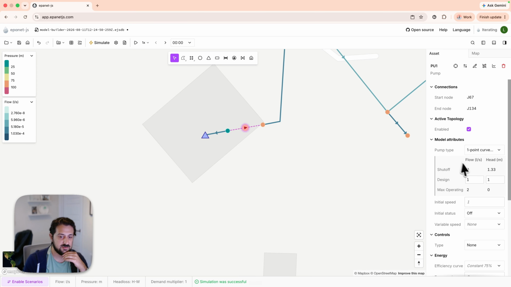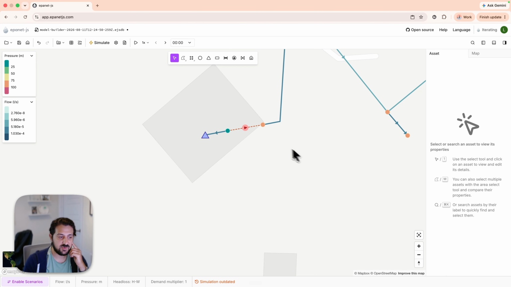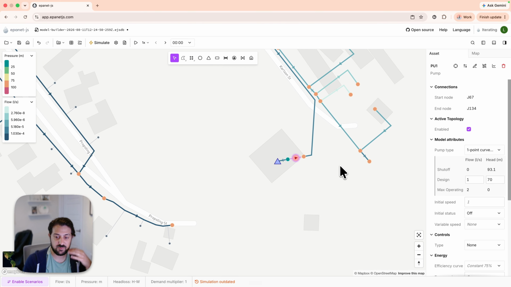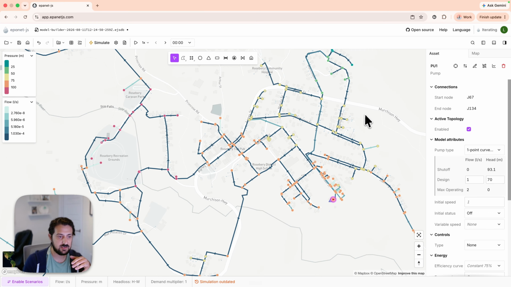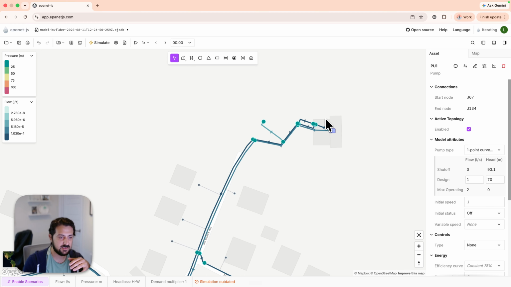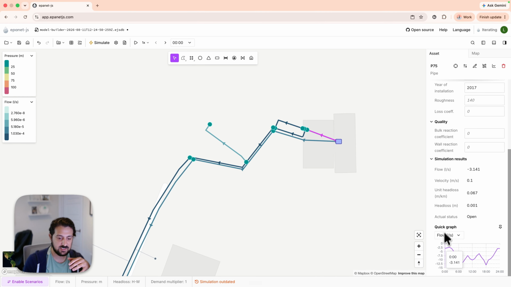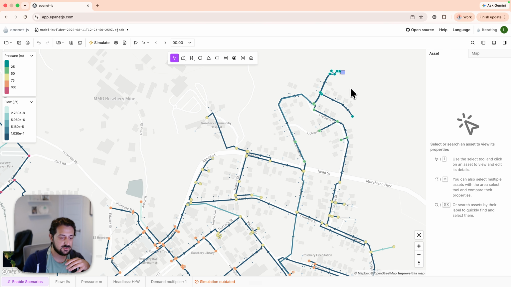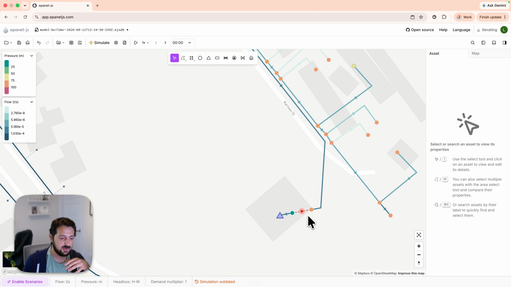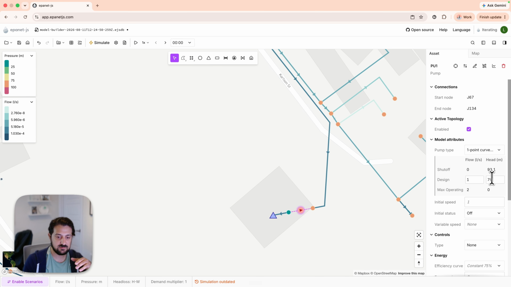So if we select in here, we can say, okay, we need to raise the head 70 meters. And we need to know what design flow. So we probably want to be pumping slightly more than the average demand. If we have a look at the flow out, let's say maybe it's about 7.5. So maybe if we pump 10 liters a second, we'll definitely be able to fill that tank. So we are going to raise the head by 70 to get up above that tank.